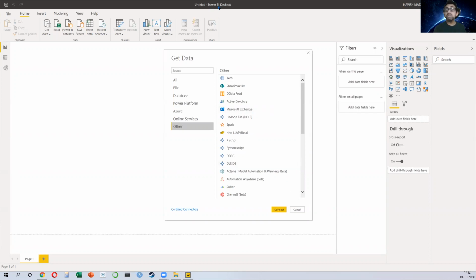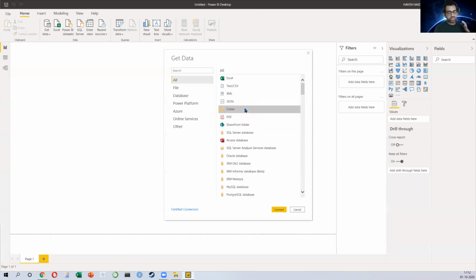So we're working on Power BI. It's a free tool, everyone. You can just go online, search for Power BI Desktop and download it. Now, what do we want? We want to connect to a folder. Very cool, right? Like usually Swati, I'll share it with you. Just remind me, I'll share you the link.